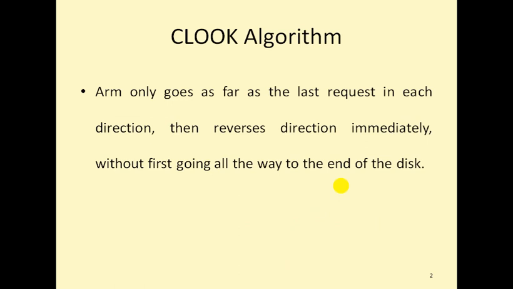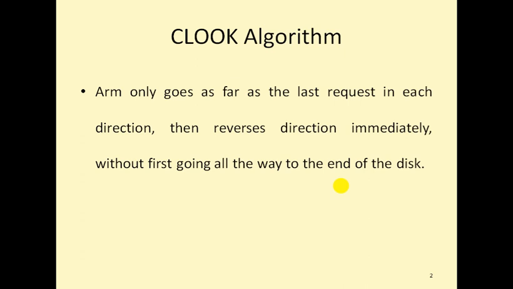So in this algorithm the disk head takes one direction. It is the same as in the LOOK algorithm, whether it goes to the right hand direction or the left hand direction, or it can go to the maximum track number available on that direction or the minimum track number direction. Whatever it is, it first chooses one direction. On that direction it visits all the requests available in the queue and it stops at the maximum request on that direction. From that point it returns back.